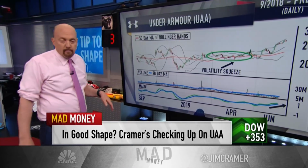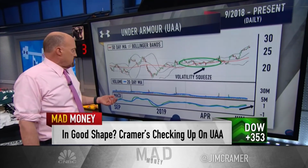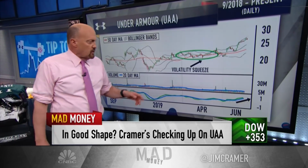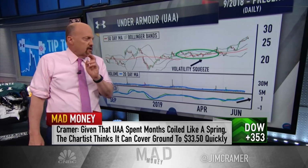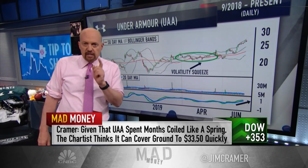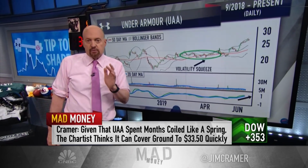Take a look at Under Armour's daily chart. Fitzpatrick says that the stock's recent run is all about a volatility squeeze. Remember, I mentioned that. And you measure volatility with these two black lines that are known as Bollinger Bands, okay? John Bollinger, unbelievable technician, okay? When these bands get tight, it often leads to a big move in price because volatility is cyclical. You go from periods of low volatility to periods of high volatility,